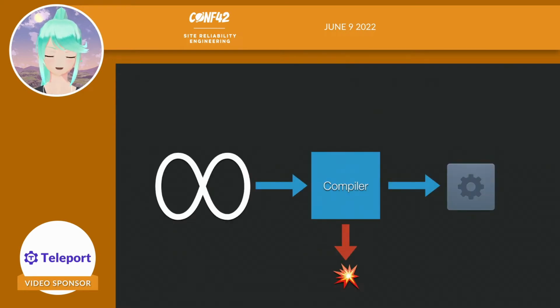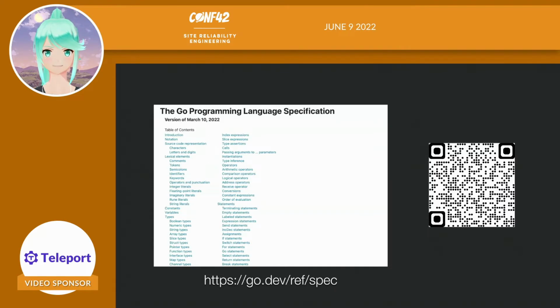A compiler's job is to take this anything, see if it matches a set of rules, and then produce an output of some kind. In this case, with the Go compiler, this means that the input needs to match the rules that the Go language has defined in its specification. This human-readable specification outlines core rules of the Go language. These include things like every .go file needs to be in a package, the need to declare variables before using them, what core types are in the language, how to deal with slices, and more.